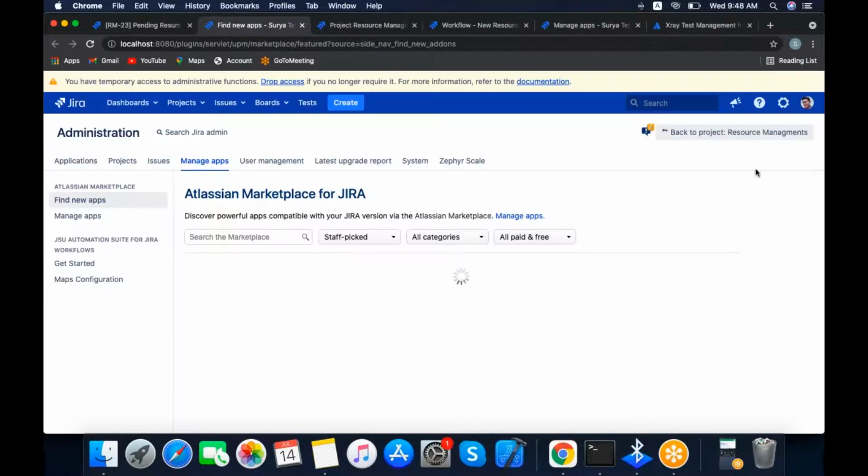Manage apps is like a Play Store or Android store.